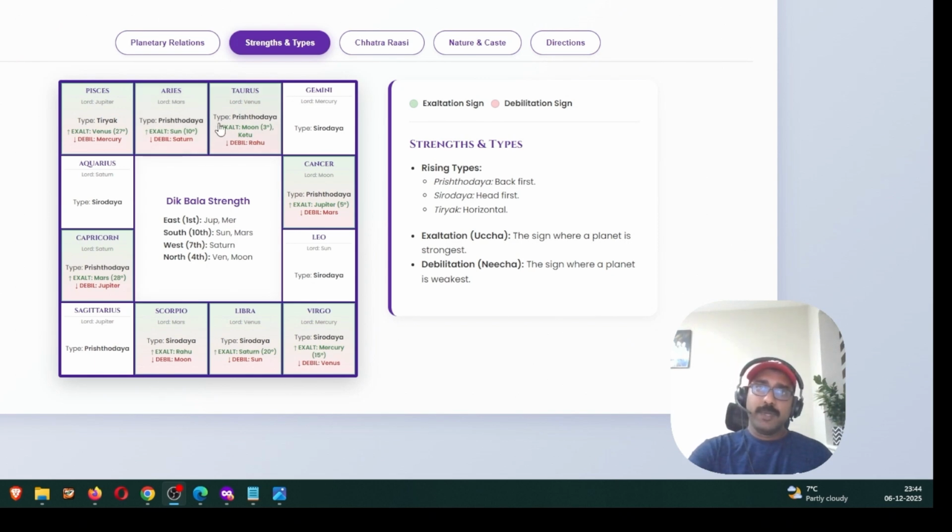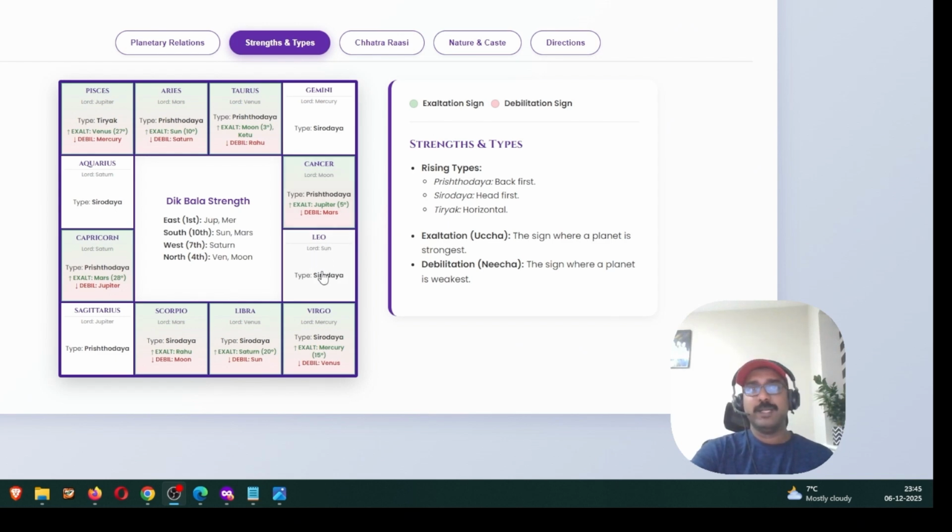Okay, hope I'm clear about the Aries part. For Taurus, it's also a back first Rashi, and the exaltation sign is for Moon at 3 degrees, and there is an exaltation of Ketu and Rahu, and that's not clearly mentioned in the book, but this can be considered as a debilitation sign for Rahu. And for Gemini, there is no exaltation and debilitation. It's just a Shirodaya planet. That means it's a head first planet. It's a positive sign. For Cancer, it's an exaltation for Jupiter and debilitation for Mars, and it's a back first